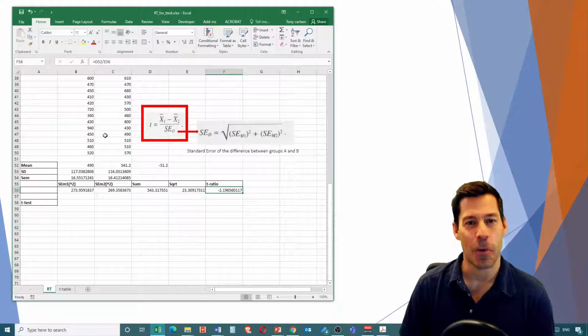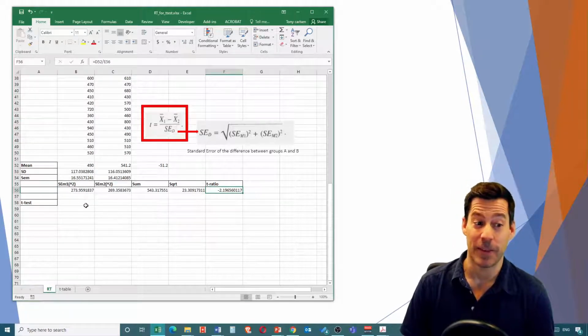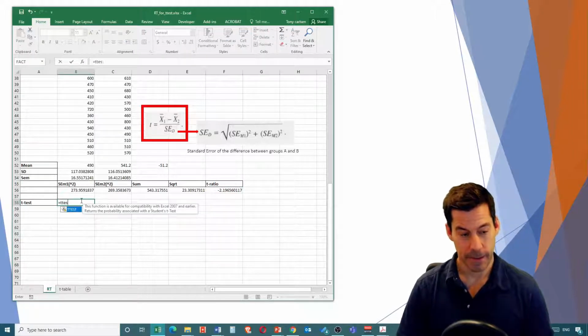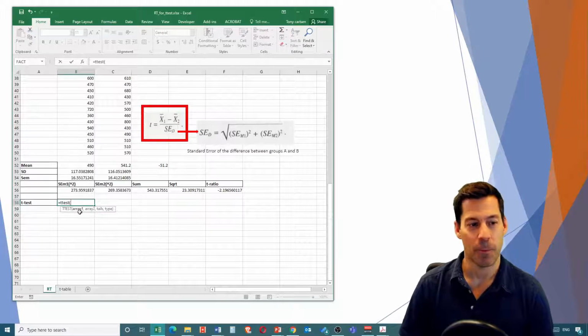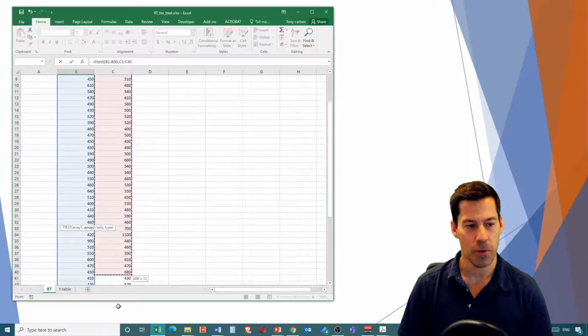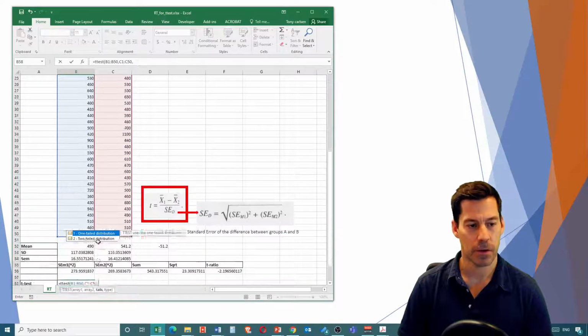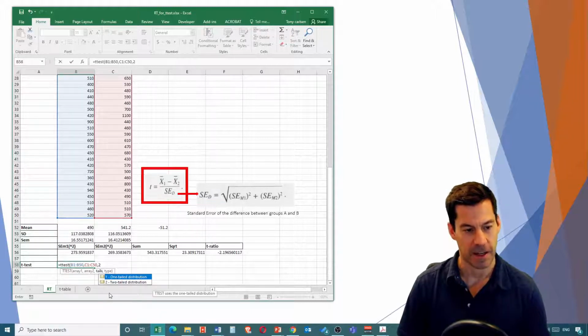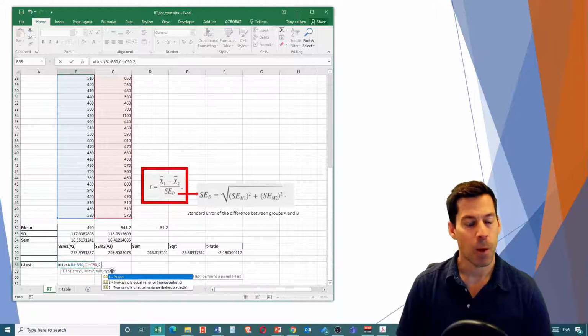Of course, there's an easier way to do a t-test in Excel, and that's by using the t-test function. That is equals t-test, open bracket, and we see it wants array 1, array 2, tails, and type. So let's pick array 1, comma, array 2 is this, comma, and we get down to tails. Do we want 1, a one-tailed distribution, or 2, a two-tailed distribution? We're going to use a two-tailed distribution, so I need a 2 in there, comma, what type of